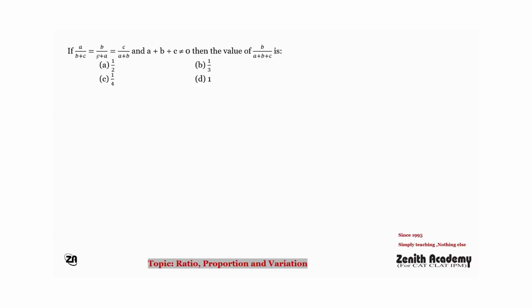If A upon B plus C equal to B upon C plus A equal to C upon A plus B and A plus B plus C is not equal to 0, then the value of B upon A plus B plus C. Let A upon B plus C is equal to B upon C plus A is equal to C upon A plus B,